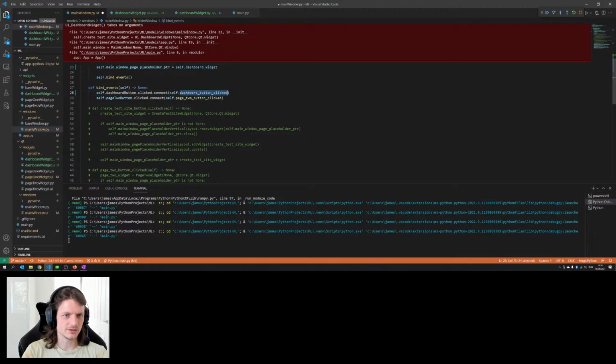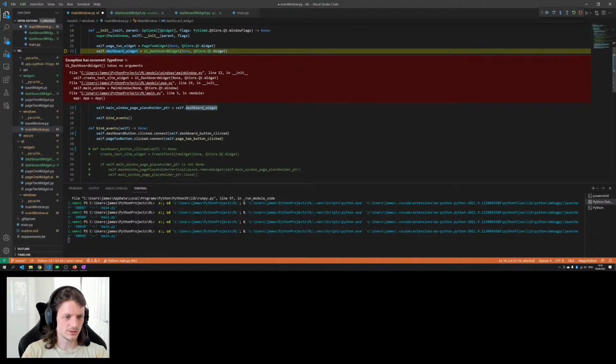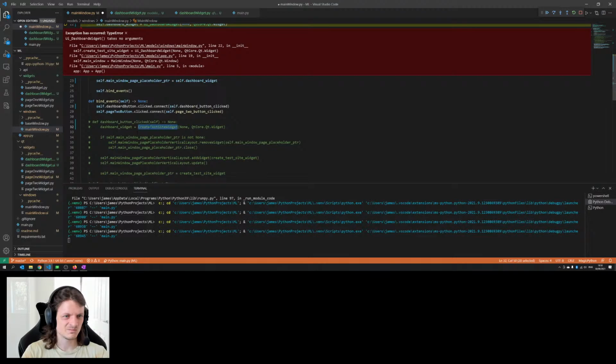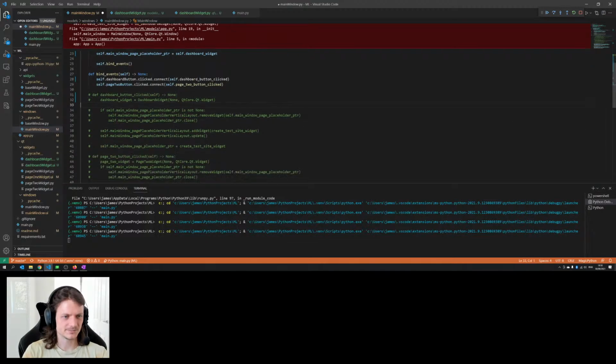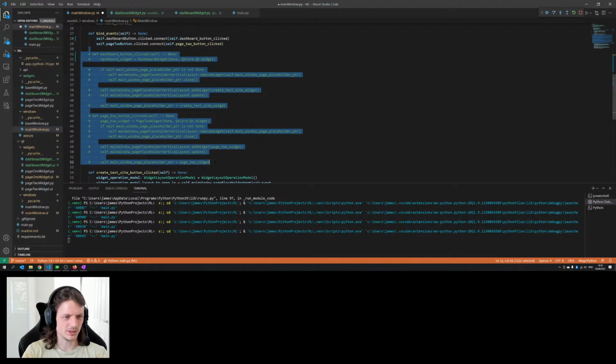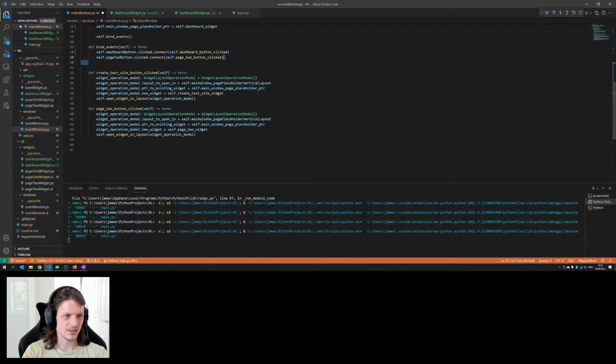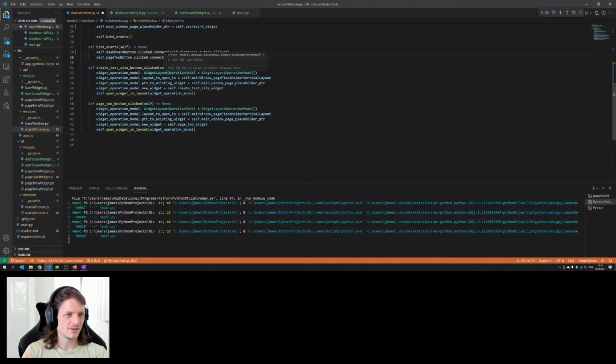Dashboard button clicked. Dashboard widget. Create dashboard widget. I think actually this might be pretty useless now. Yeah, I think it is. Okay. So actually I need to do this.